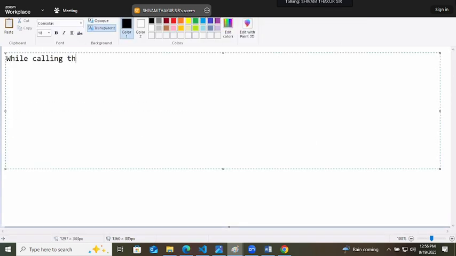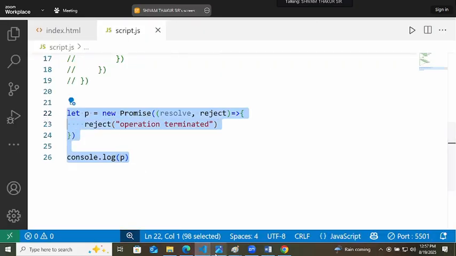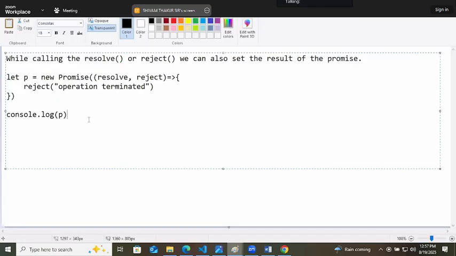While calling the resolve or reject, we can also set the result of the promise. Now, for an example, if we are writing something like this, you are rejecting it, but you are also giving the output that operation terminated.